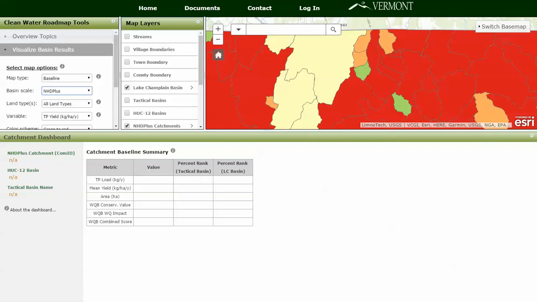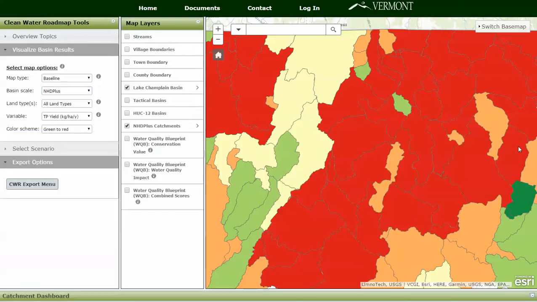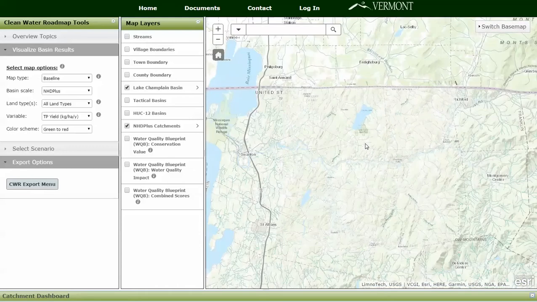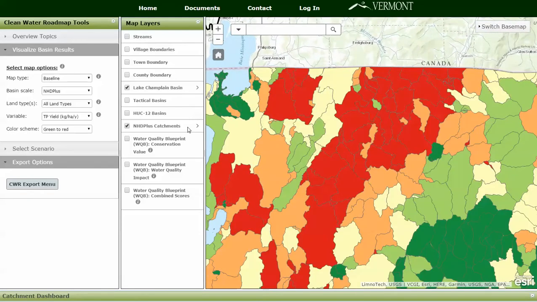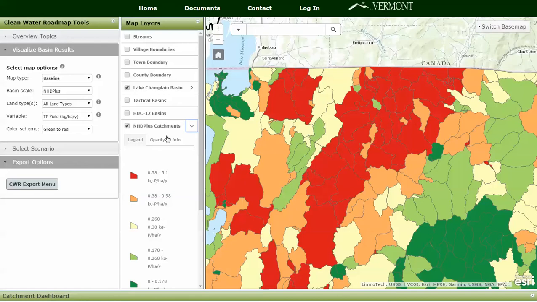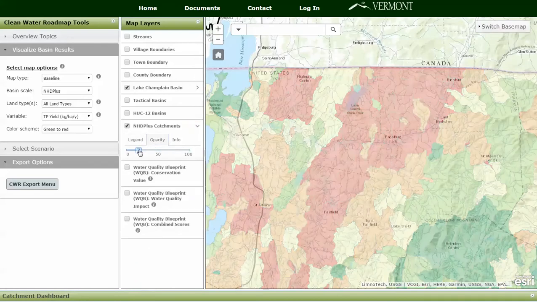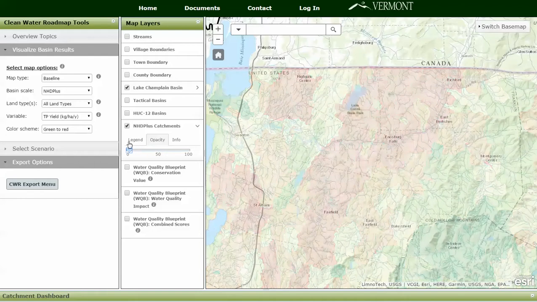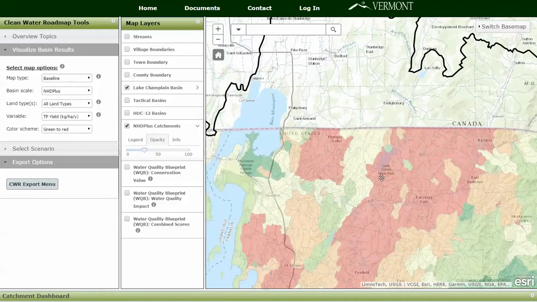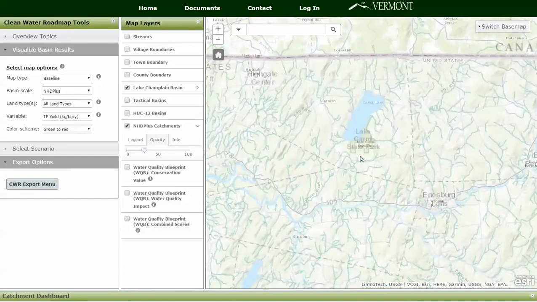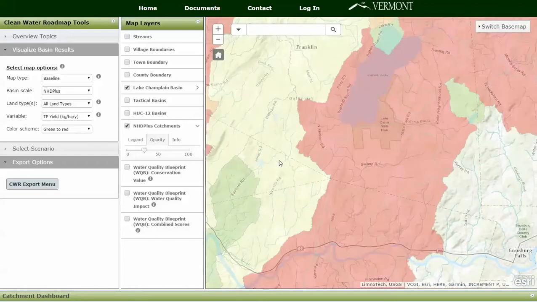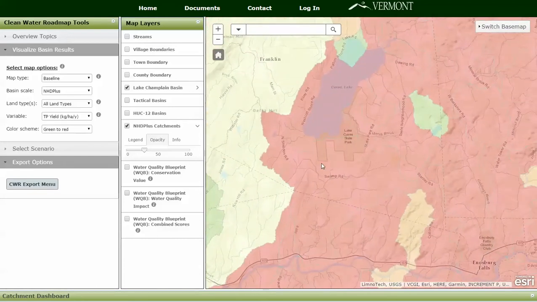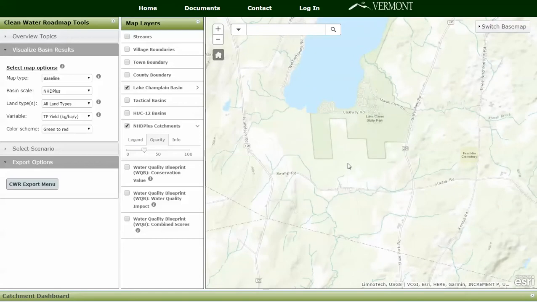Let's actually minimize that for a minute. Let's zoom out and pick somewhere familiar. I'm going to reduce the opacity so that I can actually pick out Lake Carmi and zoom right in on that particular region. Okay. And so if we look at Lake Carmi,